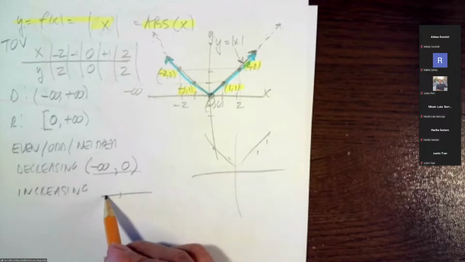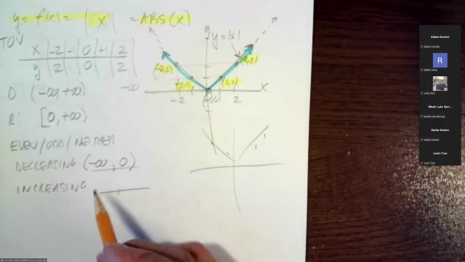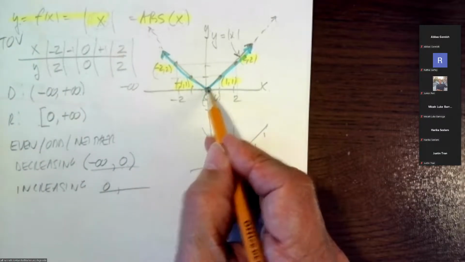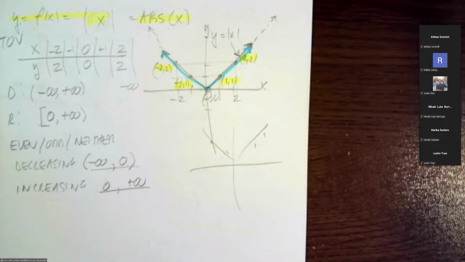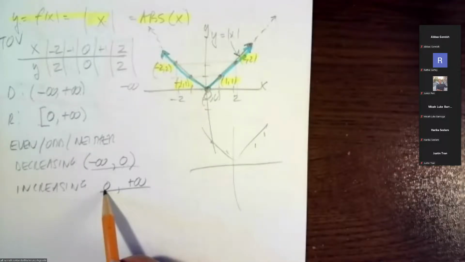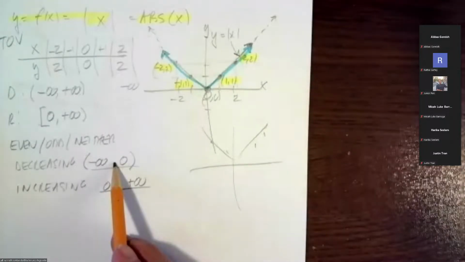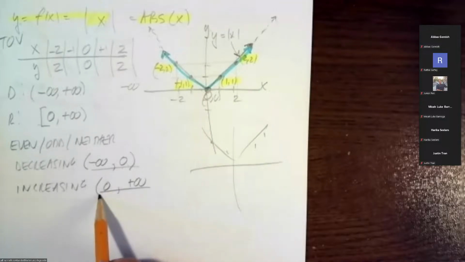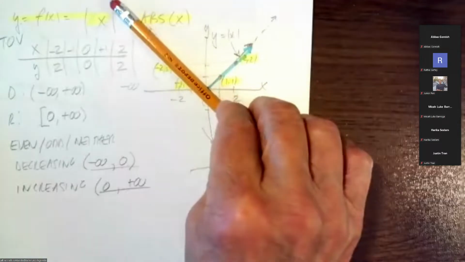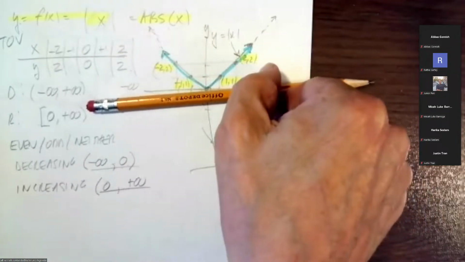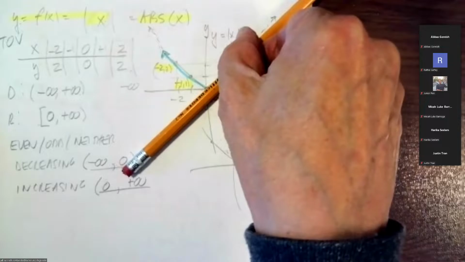And similarly, if we're increasing, we go from 0 out to positive infinity. And then we have to decide whether we're going to include that 0 or not. I think we'll use the same rationale as above, which says we're not including the 0 because at 0 we're horizontal. We're coming down, down, down until we get to 0. Then we're horizontal. Then when we start back up, anything greater than 0, we're now going back in the increasing